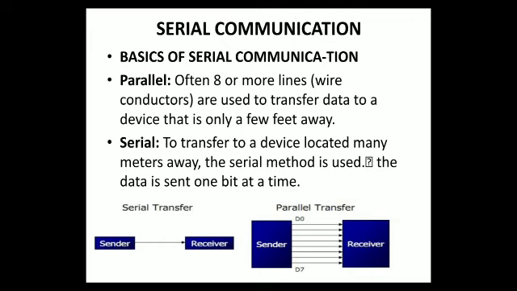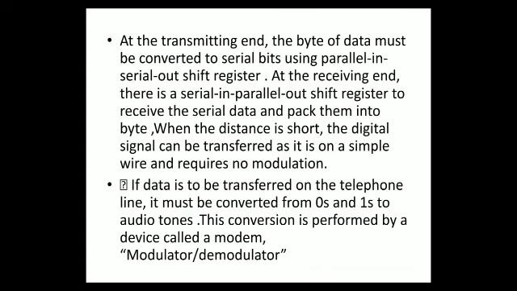Now when you look into the serial transfer, you can observe there is one sender and there is one receiver, and only one communication channel is established. So through this, data will be transmitted, and that is what is called serial communication, or serial transfer. I think everybody has now understood what we mean by serial and what we mean by parallel, and what the advantages of each of them are. So let us go in depth of this.